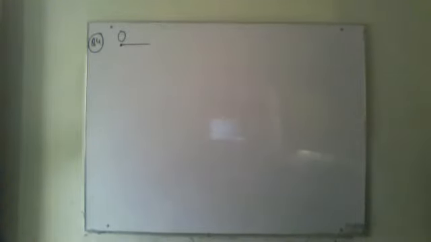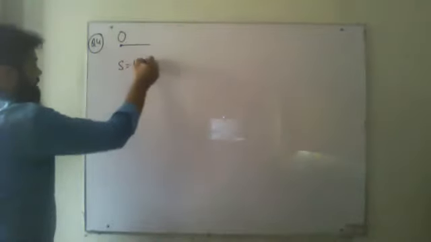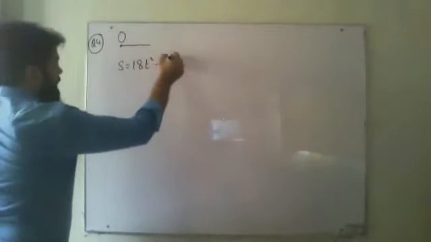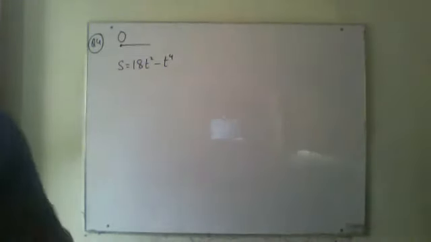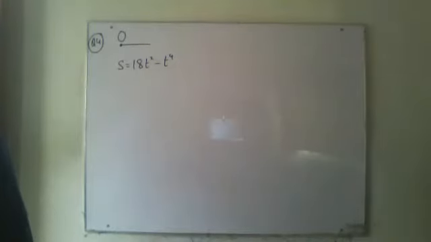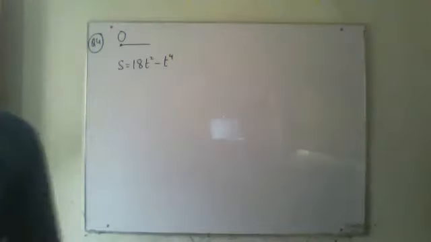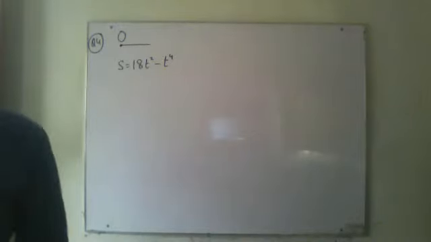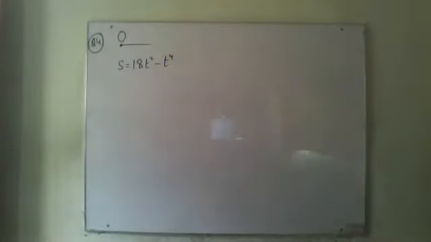Now they are saying that the displacement from point O is given by S equals 18t squared minus t to the power 4, where the time t is the time in seconds after leaving O. When the body starts moving after O, we will be calculating our time with reference to t. Now in part A they are saying find the non-zero value of S when the particle comes instantaneously to rest.